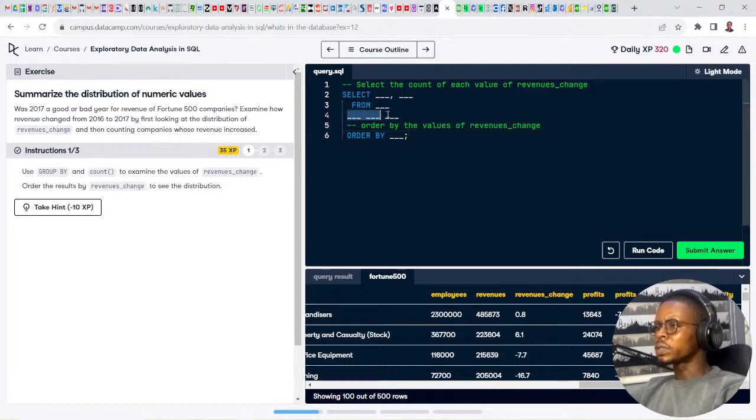We are grouping by words here. Group by words. And count value by revenue change. Let's see, let's start taking it one by one, so we can start making sense. From 4,500.